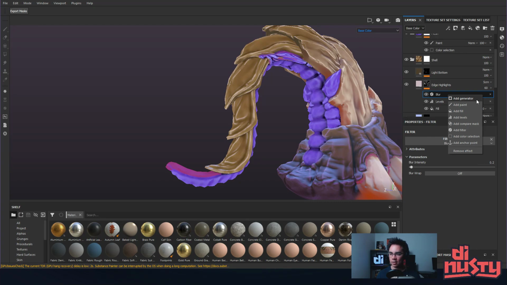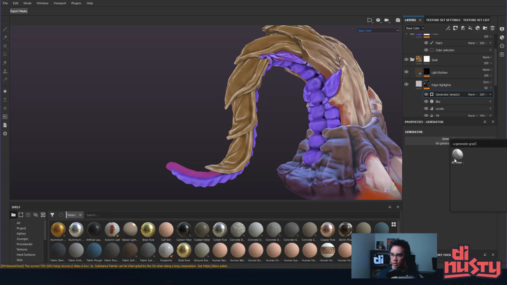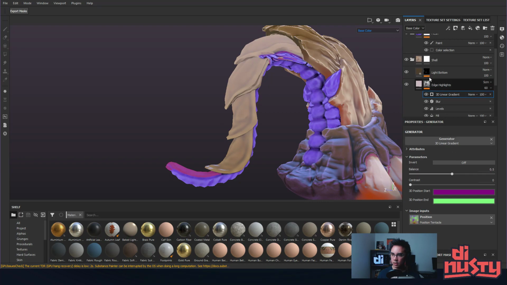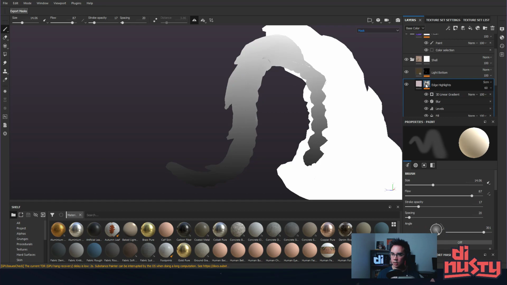Just remember to take breaks, because burnout is a serious thing too. What am I doing here? I need a generator. Generator needs to be a gradient. The gradient needs to be